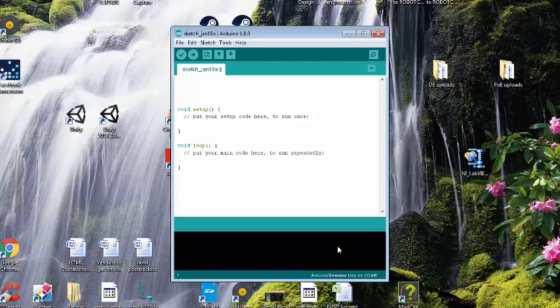Now, comments are words and documentation that we put into the sketch that do not get translated into machine language. They are ignored. The purpose of comments is for us to document our program and to know what is going on. So in the comments here, we are going to put in the header where we're supposed to put our